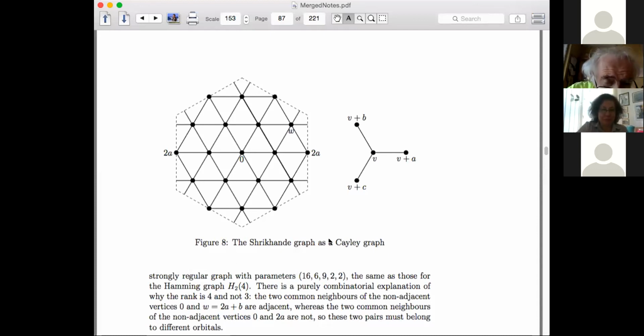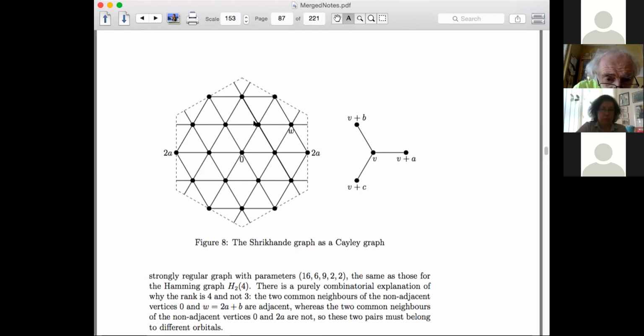That's the same picture. Again, it's a Cayley graph for Z4 cross Z4. But if you look at the stabilizer of the vertex 0, it clearly has 4 orbits. There are points at graph theoretic distance 1, and then 2. But these 2 vertices at graph theoretic distance 2 are clearly in different orbits of the automorphism group, because